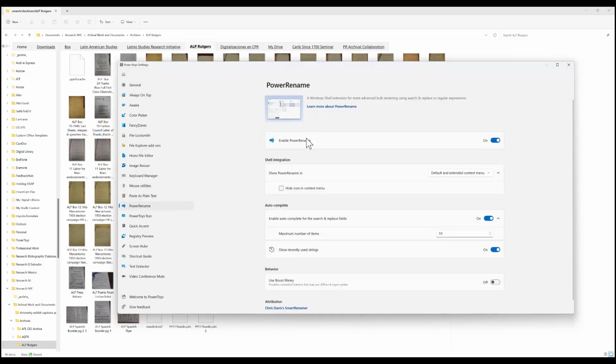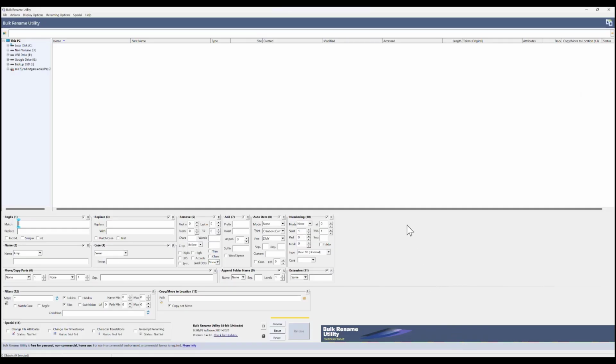And Power Rename is a renaming utility, right? Very straightforward. Now, there's a more powerful utility that is used for renaming, and it's called Bulk Rename Utility. And this allows you to